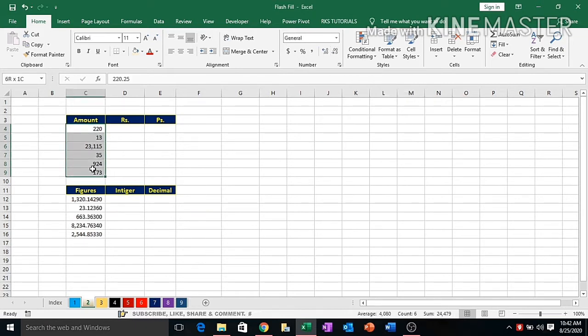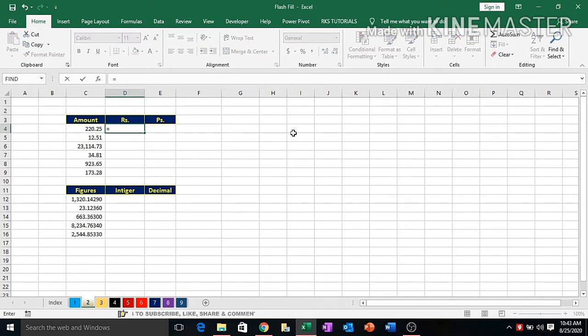Although you have removed the decimal, it is not actually removed, it has just disappeared from view. Here you see the exact value. The decimal is still here, but you cannot see it. So this is not a useful feature. We bring it back to the initial condition. Now apply the other functionality.